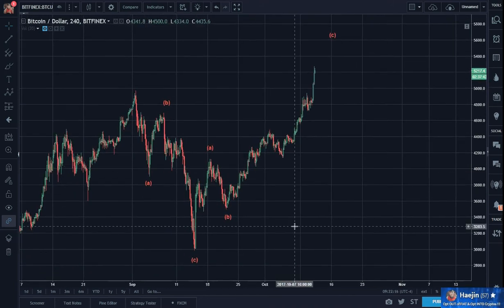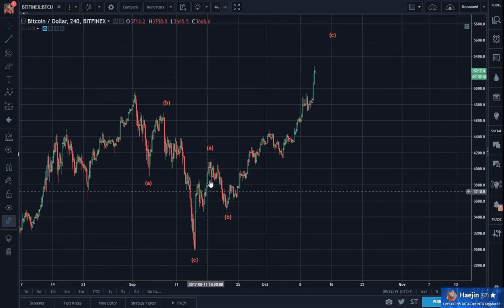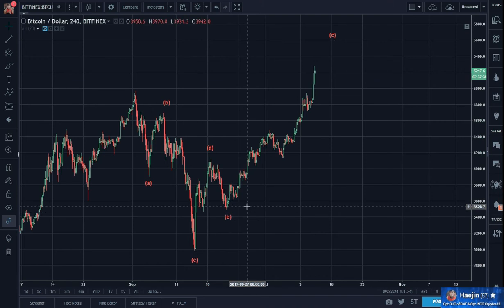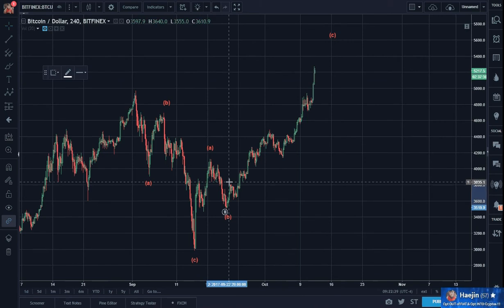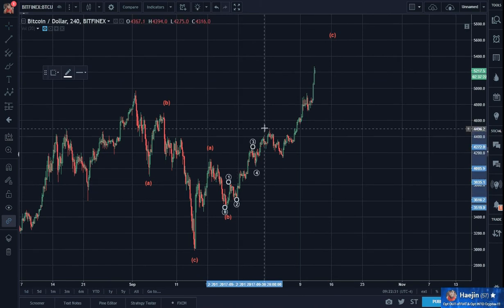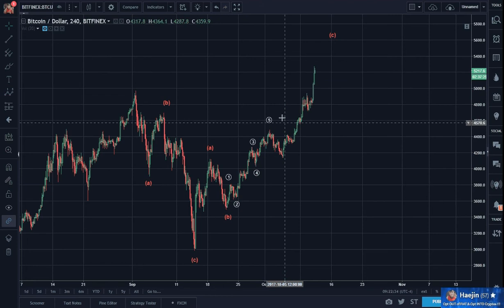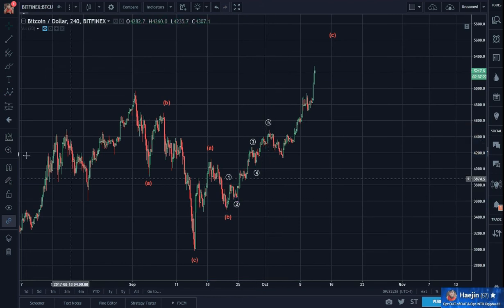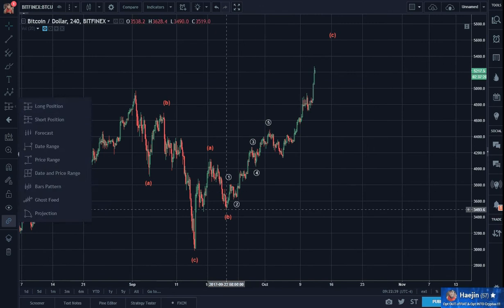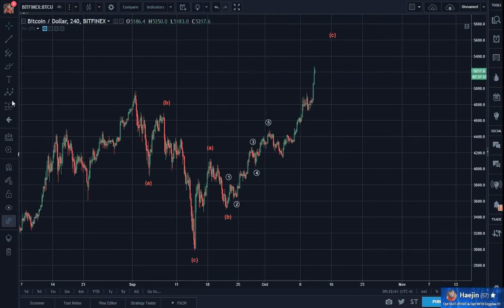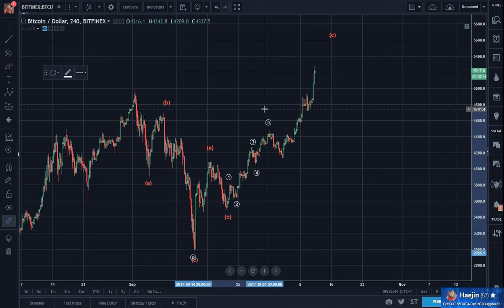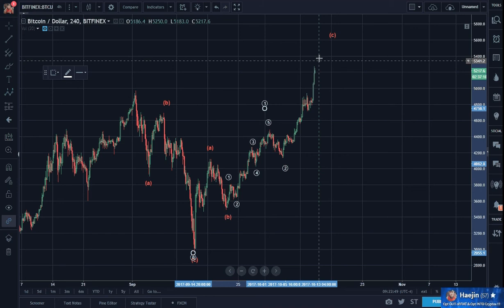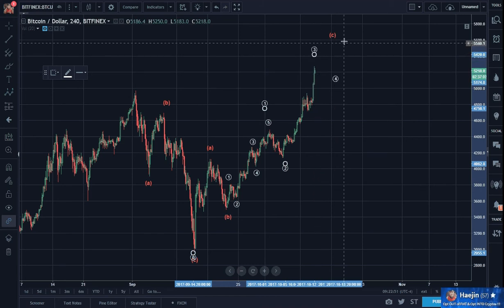Then I also said, because this is three wave-ish, this is A, another three wave-ish B, and I said that this here are really subwaves of higher degree. 1, 2, 3, 4, 5.